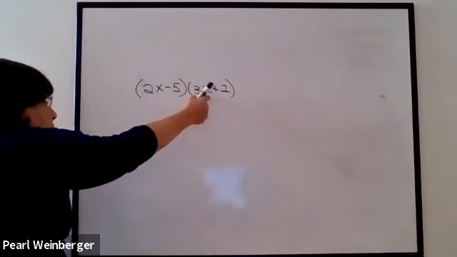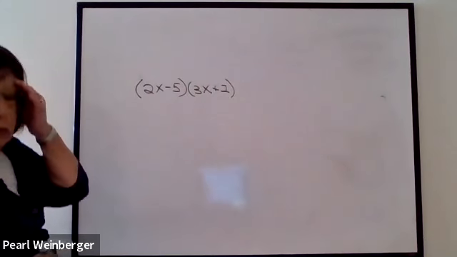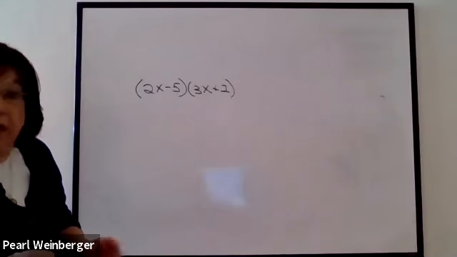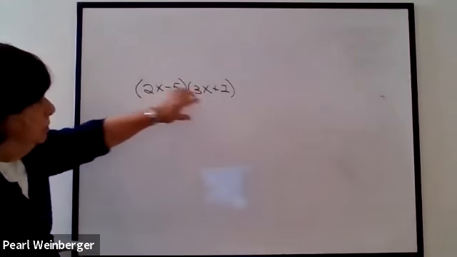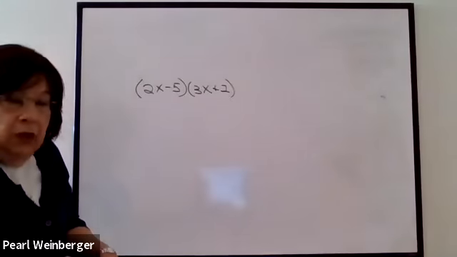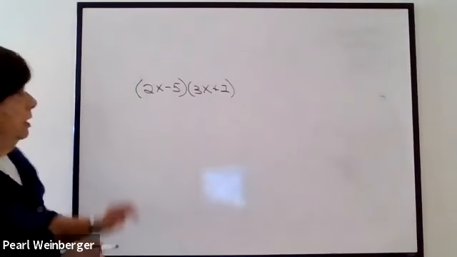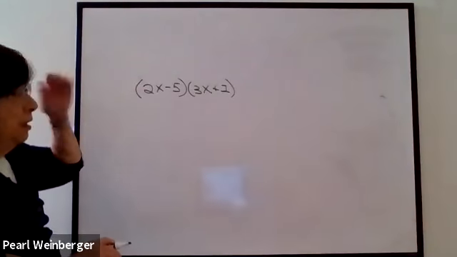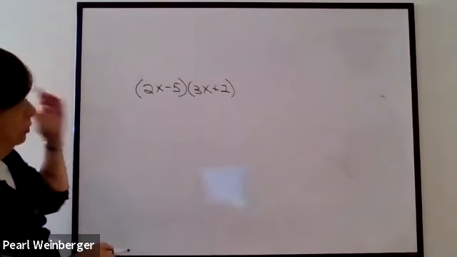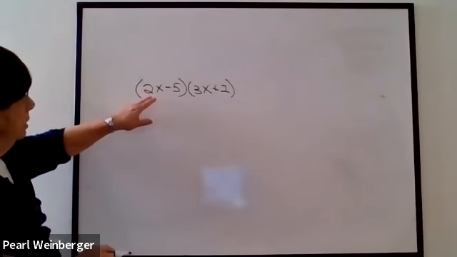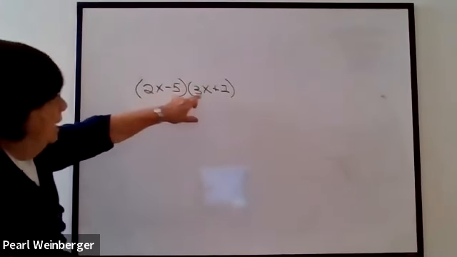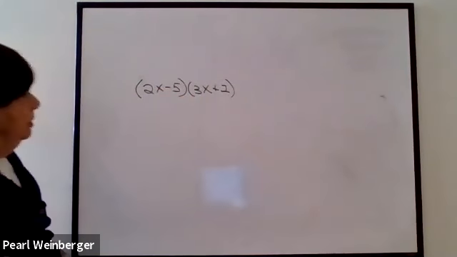I have two binomials that I want to multiply. The method we use of multiplying one polynomial times another, it's not just necessarily binomials, but those are the most common, is by using the distributive property a repeated number of times. In other words, I'm going to take the 2x in the first parentheses and multiply it by everything in the